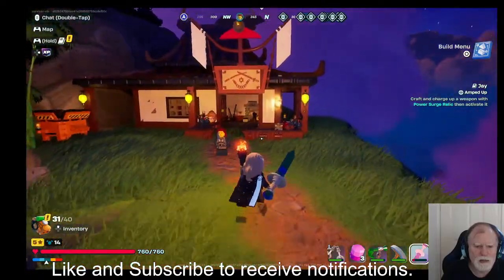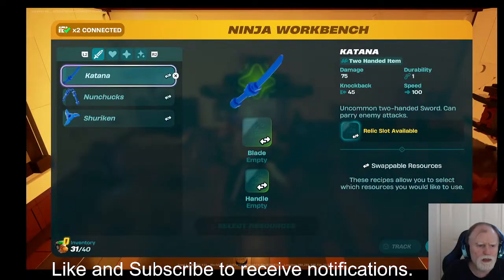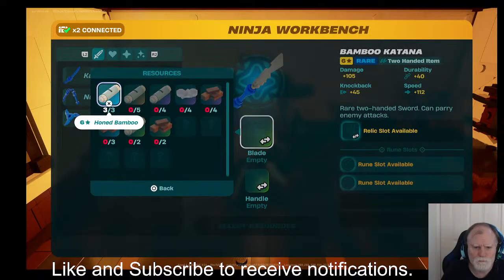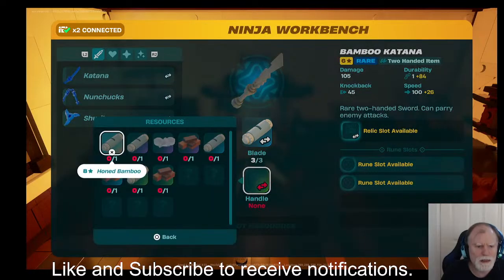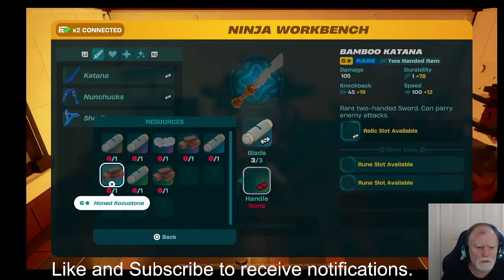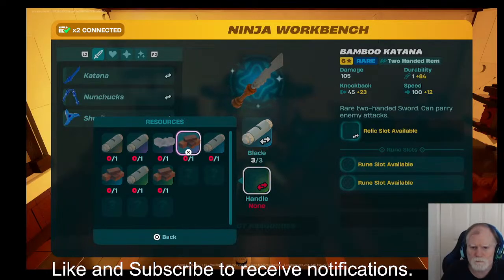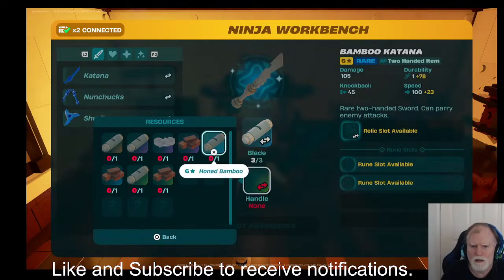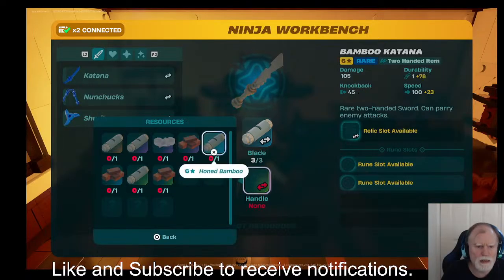And I think it's a ninja workbench in here, I hope. Yeah, ninja workbench. So katana with that for the blade. Also need a handle which requires more honed materials. And depending on what you use affects its durability, knockback and speed. So I'm going to try and go for the...